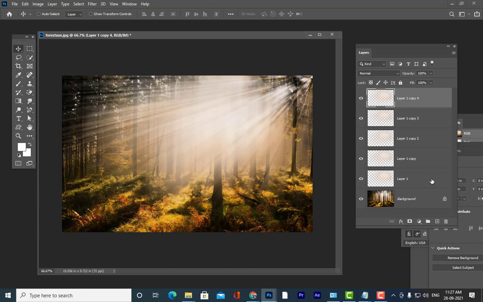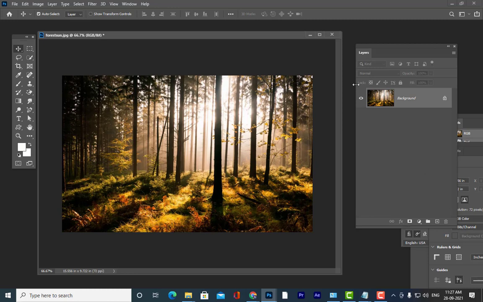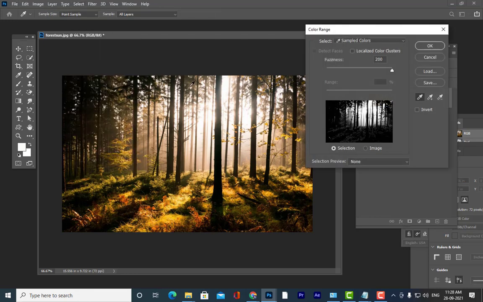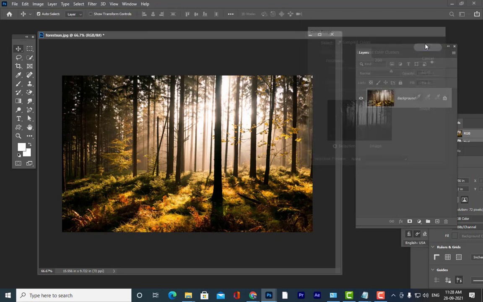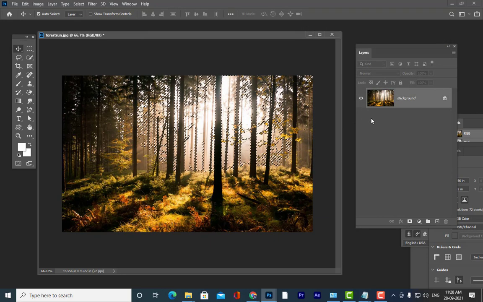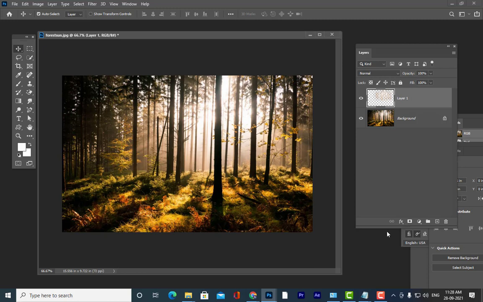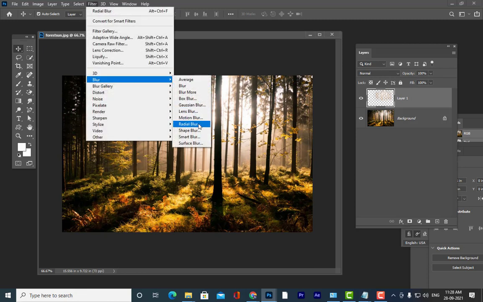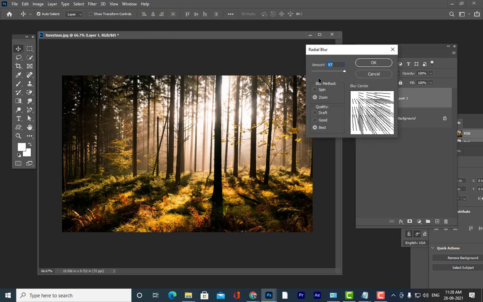So let me change the direction. Again I am going to select the brightest spots, then click OK, and again Ctrl C, Ctrl Shift V, and let me change the direction this time. I will go to Blur, select Radial Blur again, and change the direction here.